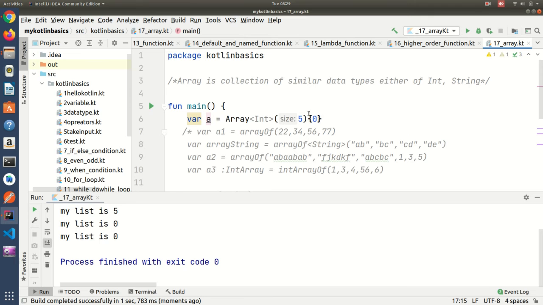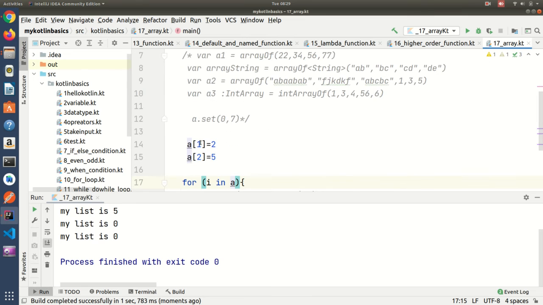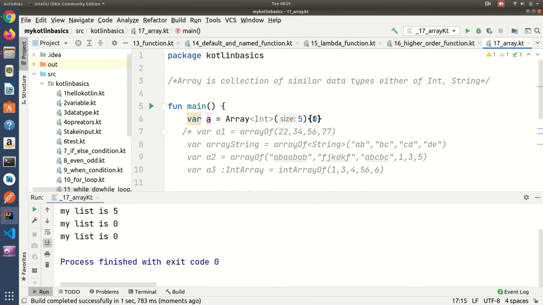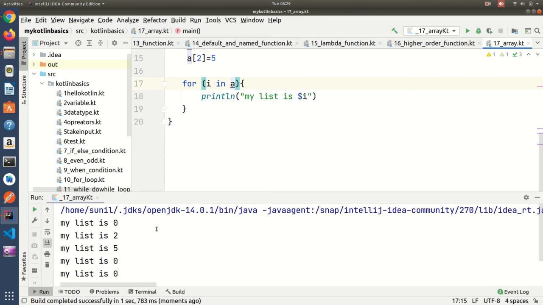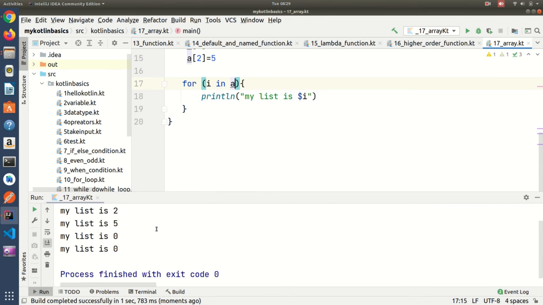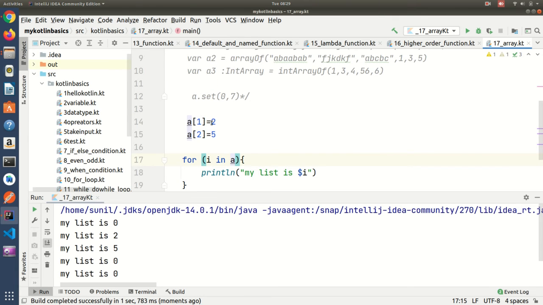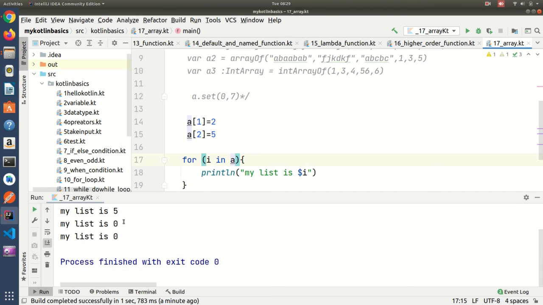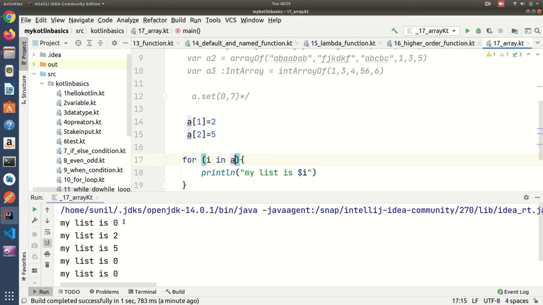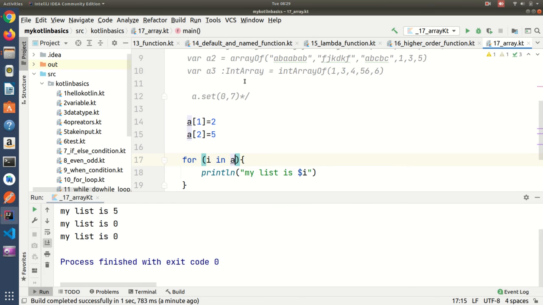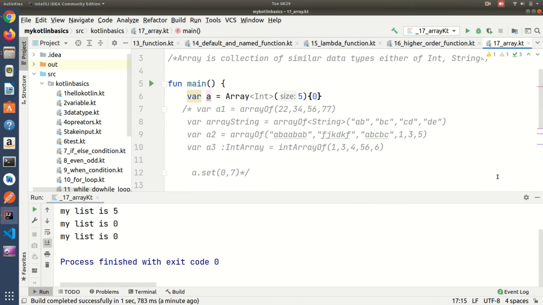I have given the initial size 5, but I have added only 2 values, so the other places will take the value 0. See, at position 0 I have not given any value, position 1 I have given 2, and position 2 I have given 5. So position 0 was 0, position 1 was 2, position 2 was 5, and the other places were 0. So like that you can use it.